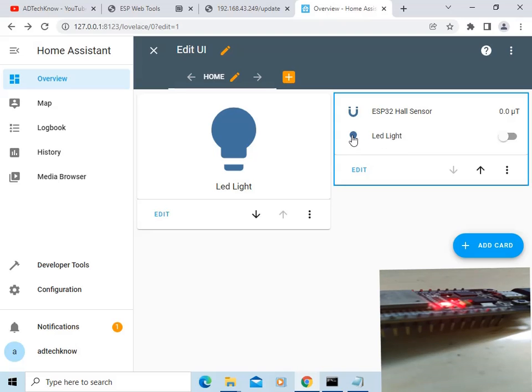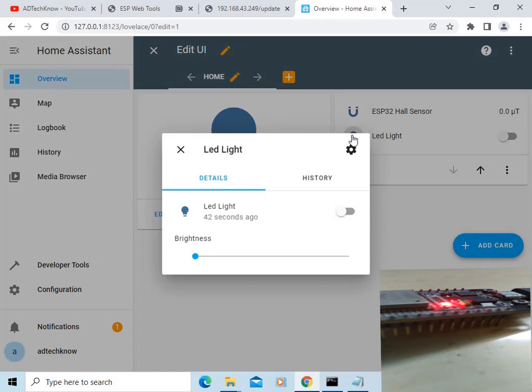So let us click on this lamp. Right now the LED on ESP32 board is off, so brightness is 0 over here. So let us change the brightness to 50%.